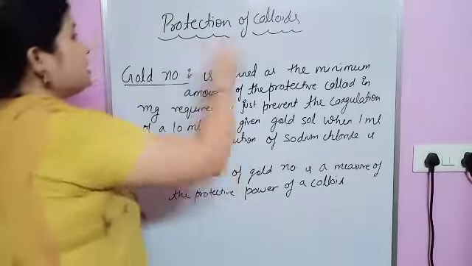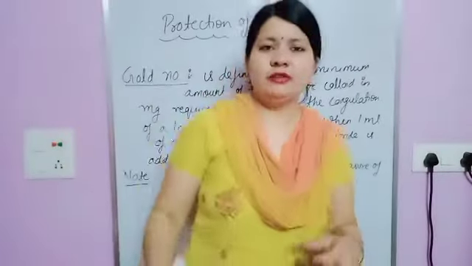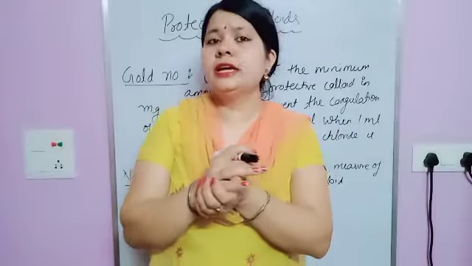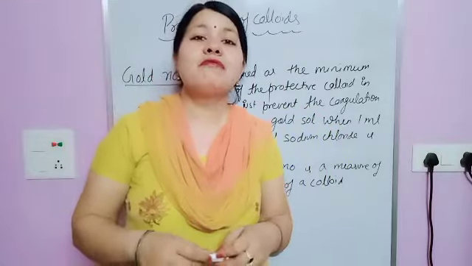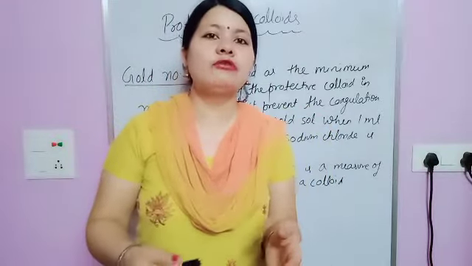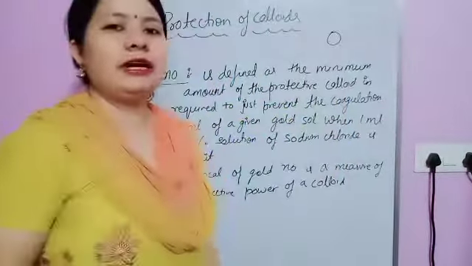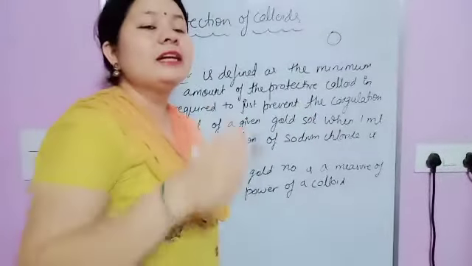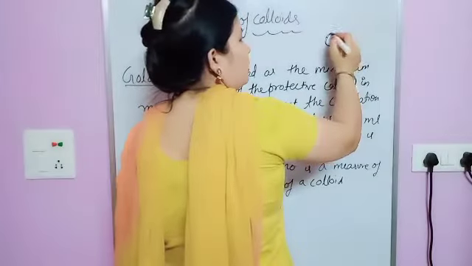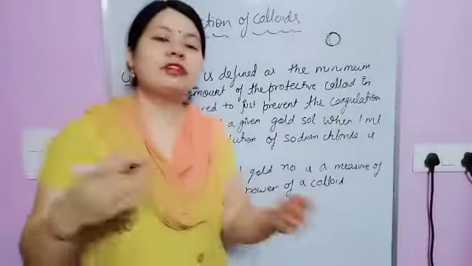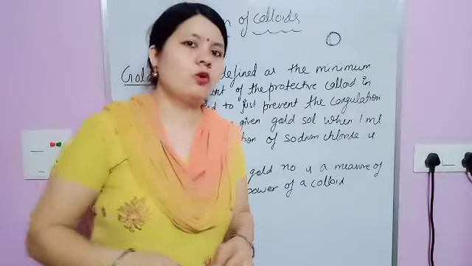Okay, then next we have protection of colloids. Now next thing is regarding protection of colloids. Actually in case of lyophobic colloid, if you heat it or simply add an electrolyte, it gets coagulated. तो how to protect it, कैसे stable बनाया जाए, तो simple, if we add a lyophilic colloid in advance, it will form a layer over it. इसके ऊपर layer बना देंगे, and after that if you add electrolyte, then that particle will not coagulate, coagulation नहीं होगा.